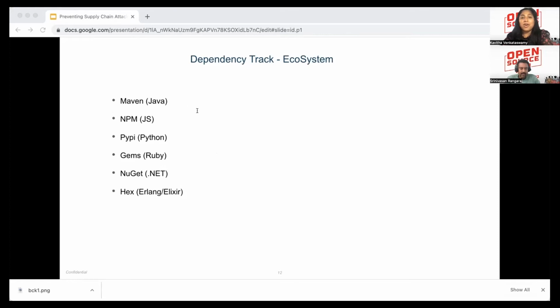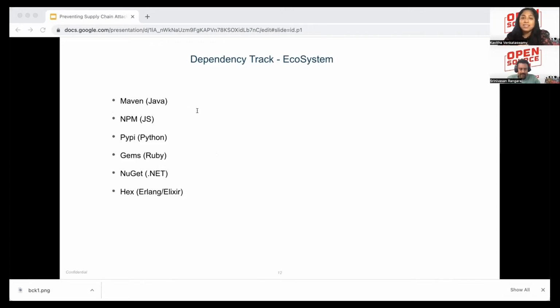And now we're talking about the Dependency-Track ecosystem. It also has the concept of repositories. Now you can ask me, what is the purpose of this ecosystem integration? The primary use case is the identification of outdated components.